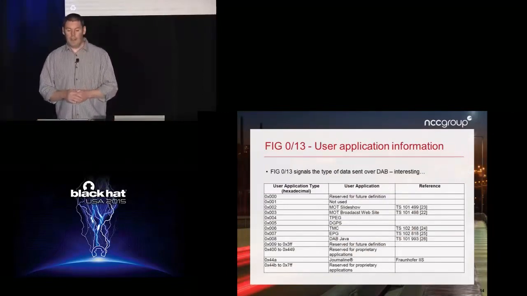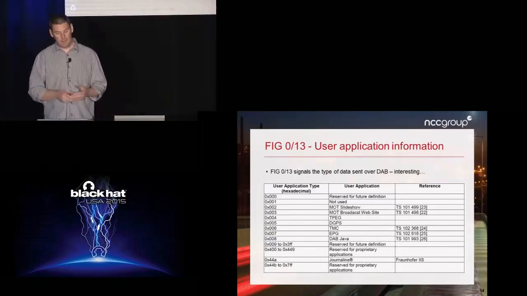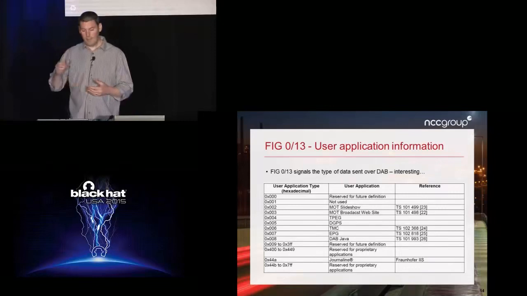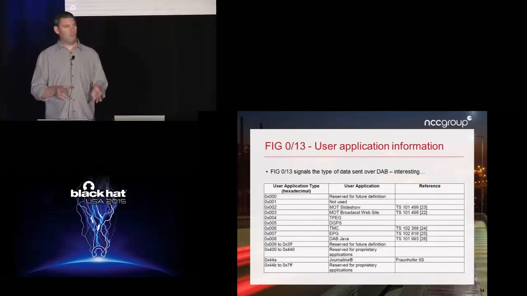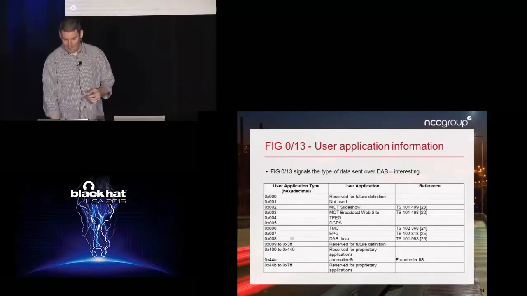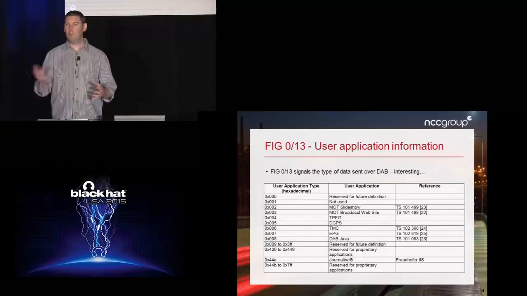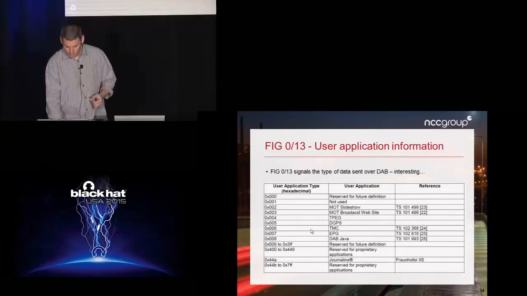Now, user application information, which is one of these FIG extensions, is where I started thinking, oh, this looks quite interesting. This is something where I can see some definite potential for security vulnerabilities. And that's the fact that within DAB, you're able to transmit a whole bunch of different protocols over the top of it. So it can be the carrier for example,